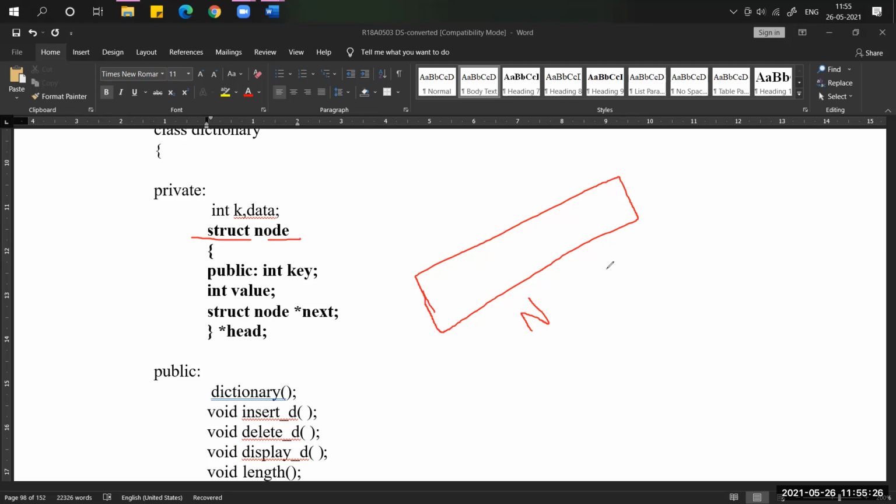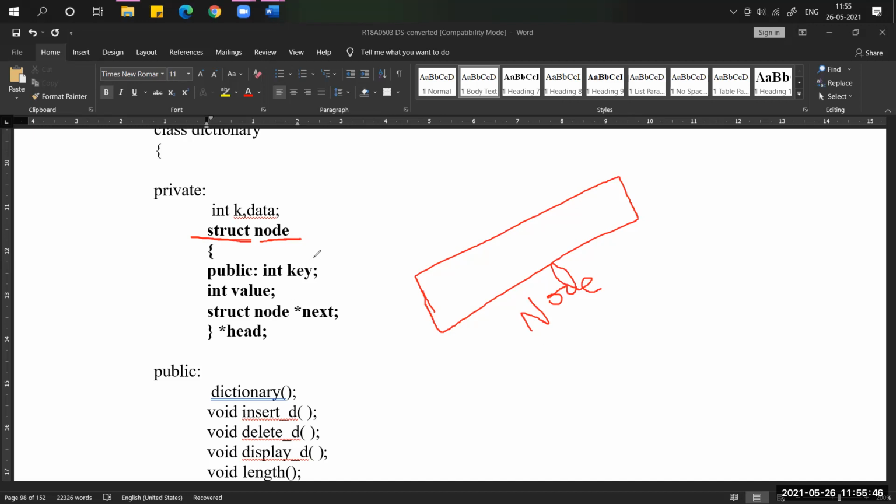To create a node, we are creating one structure. How are we going to implement it? The keyword is struct, and the structure name is node. This is the node structure name.